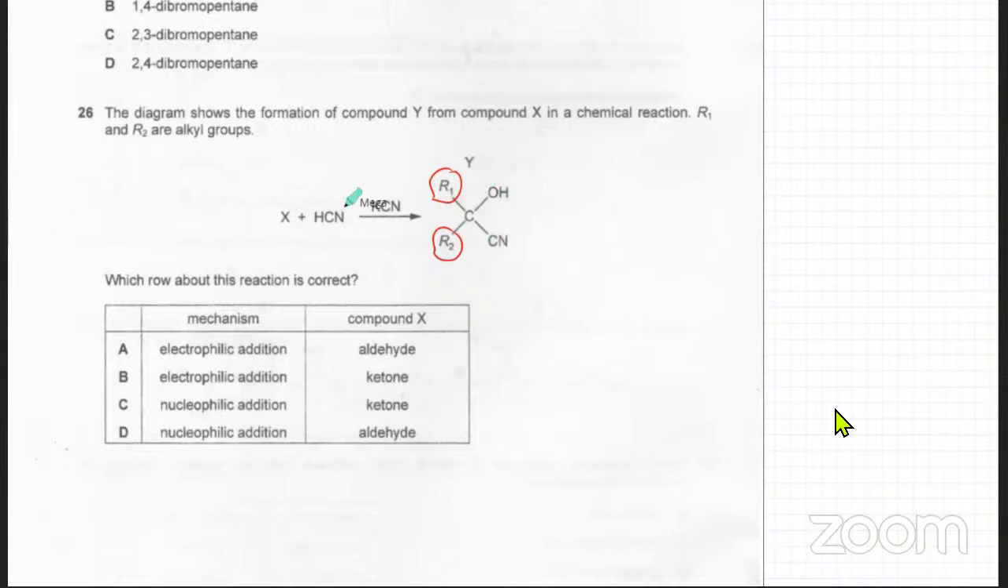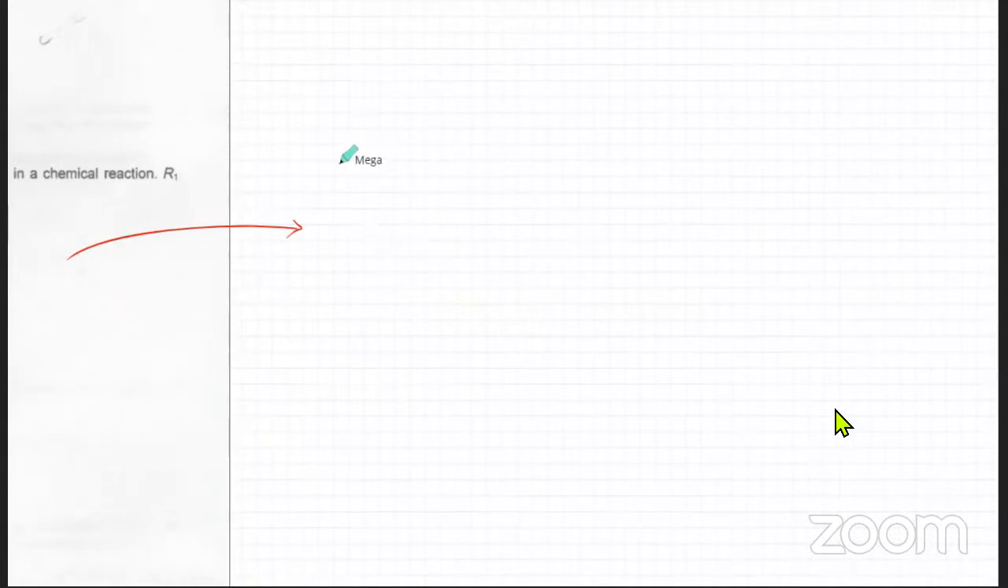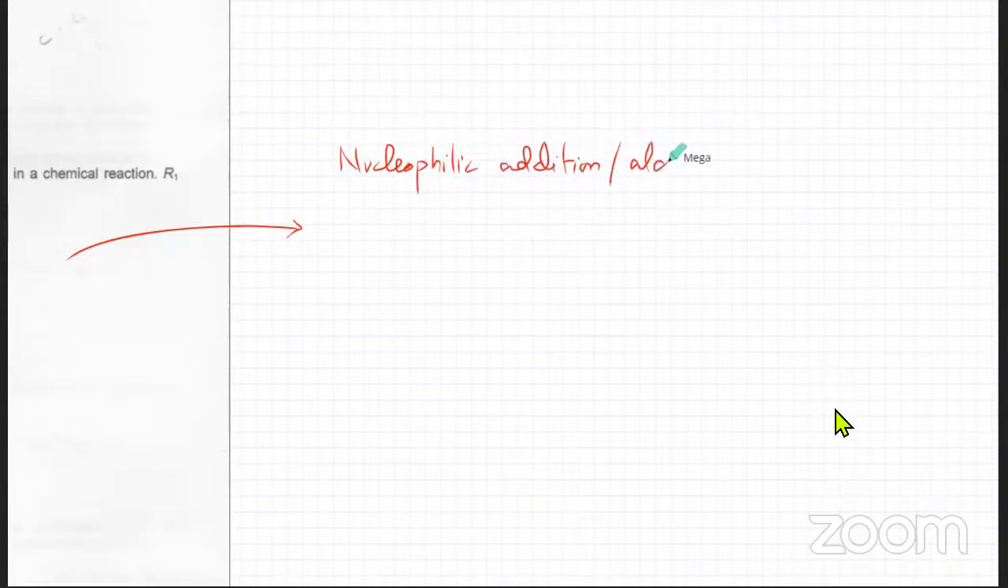Now, the conditions that are given for this reaction are HCN, and KCN is used as a catalyst for this specific reaction. So I'm just going to explain quickly what this reaction is. I'm going to explain it over here. We're going to revise this as well. This is nucleophilic addition of aldehydes and ketones. So this reaction is specifically for aldehydes and also for